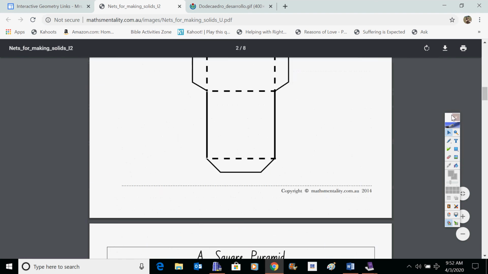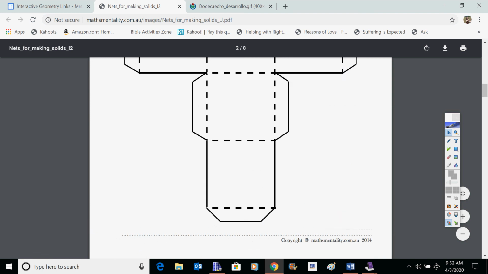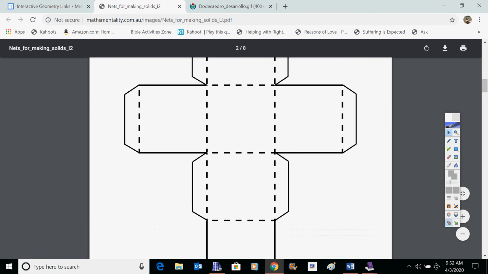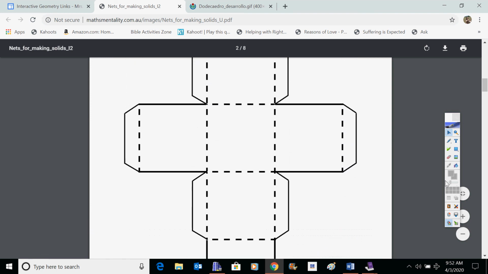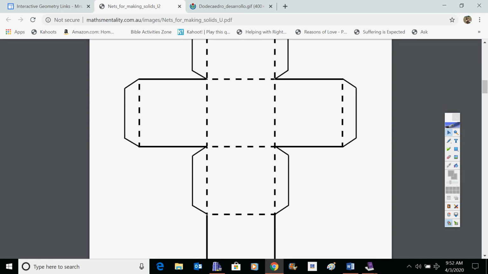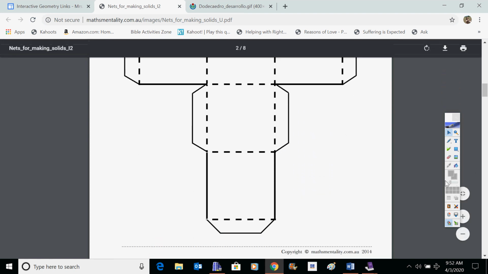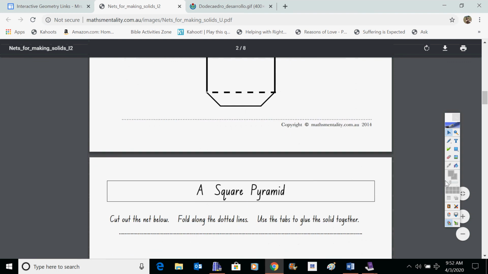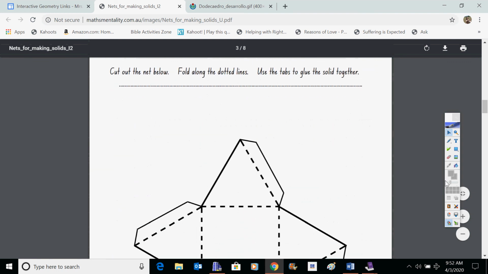The tabs are not really part of it. The tabs are just for you to have something to attach it with, but the net itself is there. So you could take this net and fold it up and make your cube